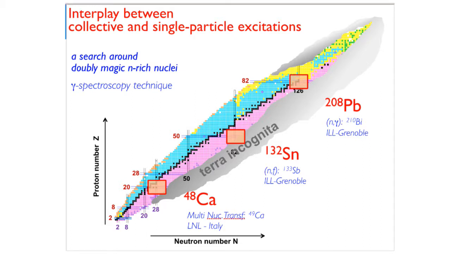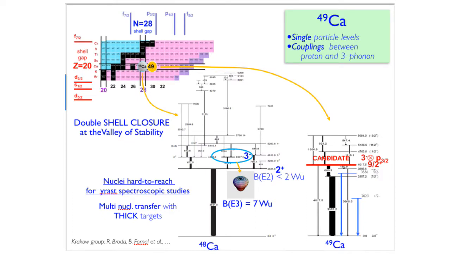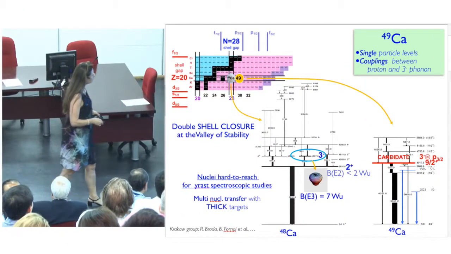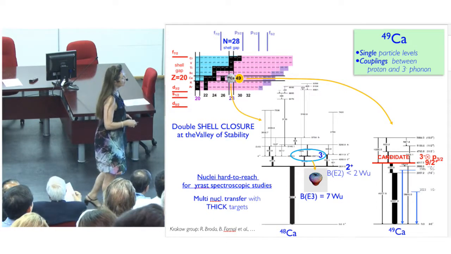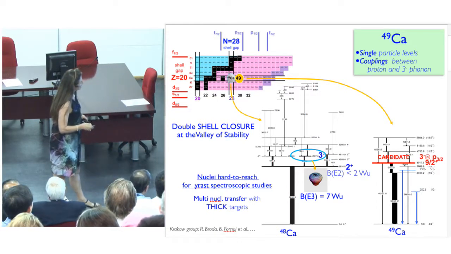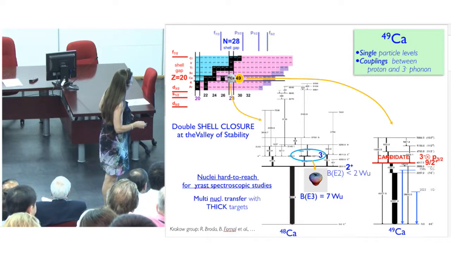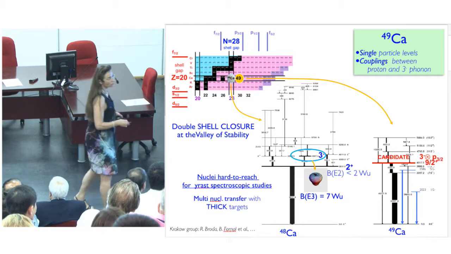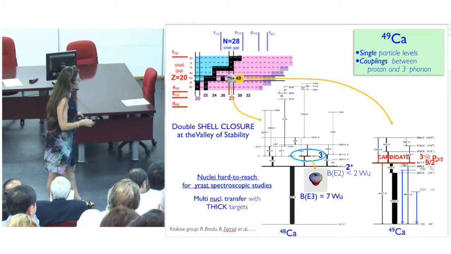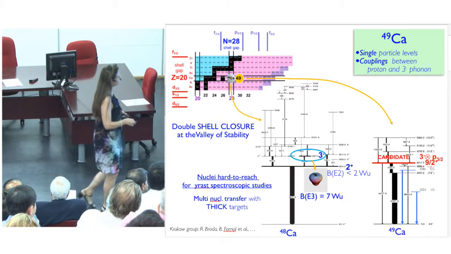These nuclei around calcium-48 are very tough to study experimentally because they cannot be reached by conventional fusion-evaporation reactions. So a lot of work was done in the past by the Krakow group, which pioneered the technique of multinucleon transfer reaction with a SiC target. And this is an example of a spectrum of calcium-48 obtained, where we see that among the first excited states we have a 3- octupole excitation, which has a sizable collectivity, 7 Weisskopf units, while in this case the 2+